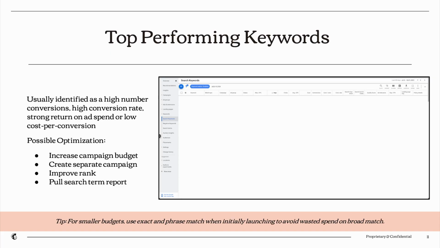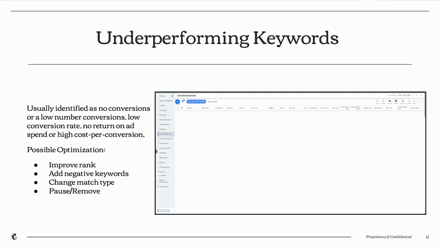Finally, search term reports. I'll touch on this a little bit later as well, but a search term report is something you're able to look at that tells you what queries triggered your keywords and your ads. So I would look at a search term report to potentially figure out if there are certain keywords that I'm mapping into that I should add into my account. And I'll touch on that a little bit more in a minute. First, I want to talk about the flip side of this.